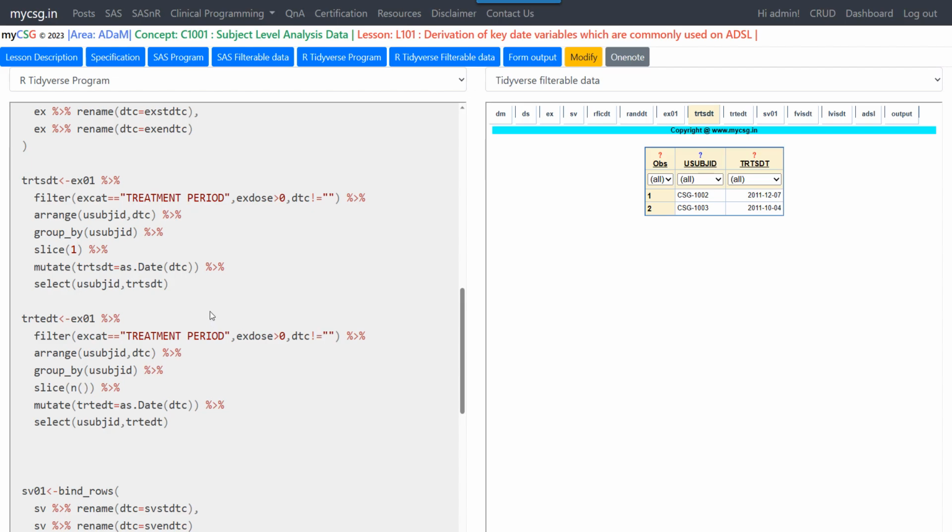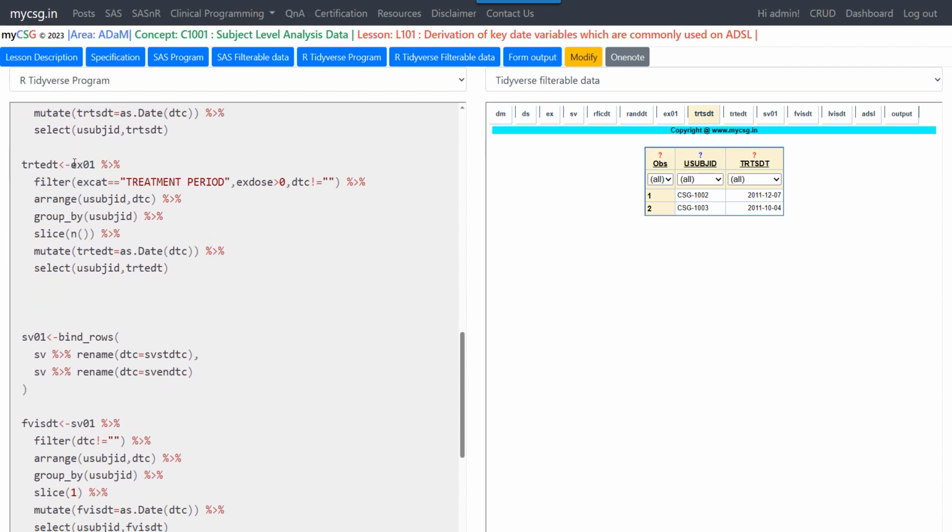And then for TRTEDT, what are we doing? We are using that pooled exposure dataset, and then passing it on to the filter function. Here again we are sorting the records based on USUBJID and DTC variables in ascending manner. And then in order to subset the last record within each subject, we need to make use of this syntax, slice of n function. So what does the n function return here? The n function returns the number of records within each group. Let's take two cases where there is one subject with 3 records and a second subject with